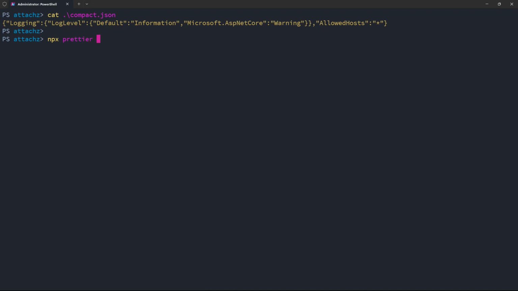This is a code formatter. I can run that with npm via npx. So that will download the package and run it one time. And in this case, I'm going to pass to it the compact.json file. So when I do that, you can see I get a nice set of indented output with new lines added,